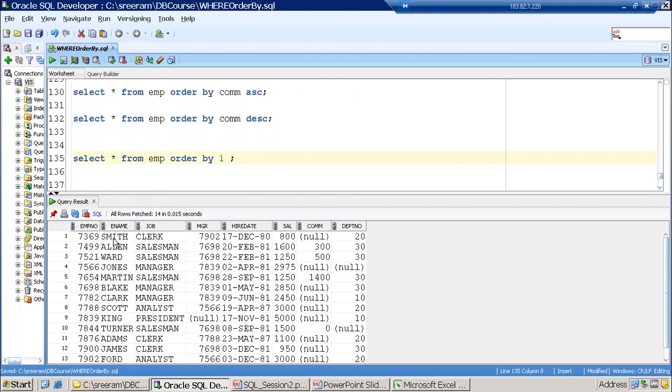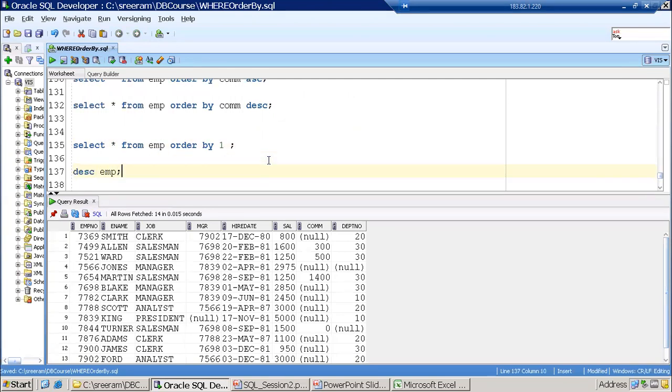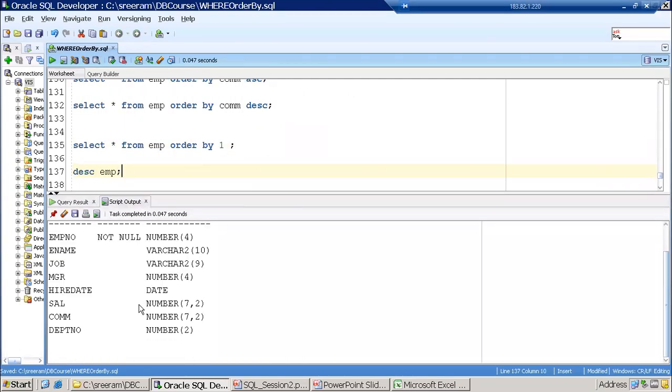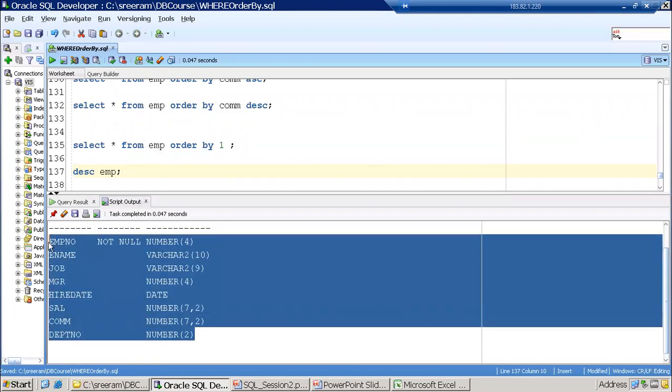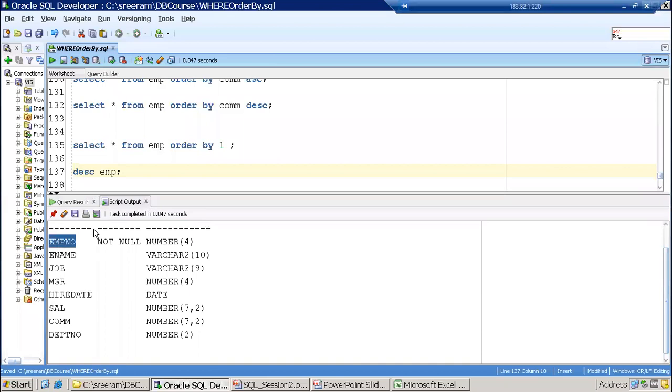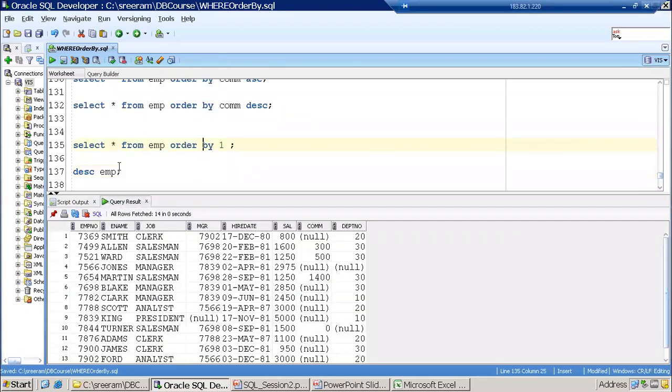As of now, I don't have any column name, but by default, let us see. First thing is just observe the EMP table structure. When you created the table, this was the positioning of your columns. EMP number was the first column, right? That is why when you mention asterisk, even though you don't mention the column, it will extract the records as per the position of the column names which you mentioned while creating your table. That is the logic.